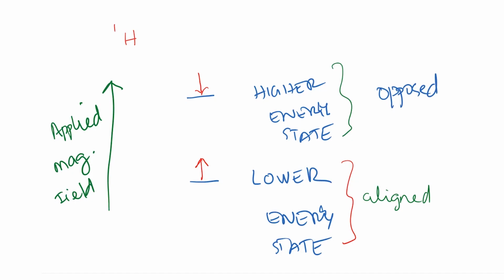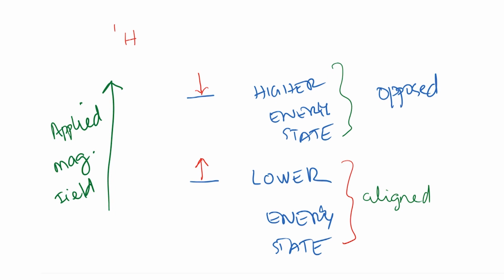Even if you do not understand this concept very much, what you need to understand is that when a hydrogen atom is exposed to a magnetic field, there is a splitting into a higher energy state and a lower energy state, and this is because of what is known as the